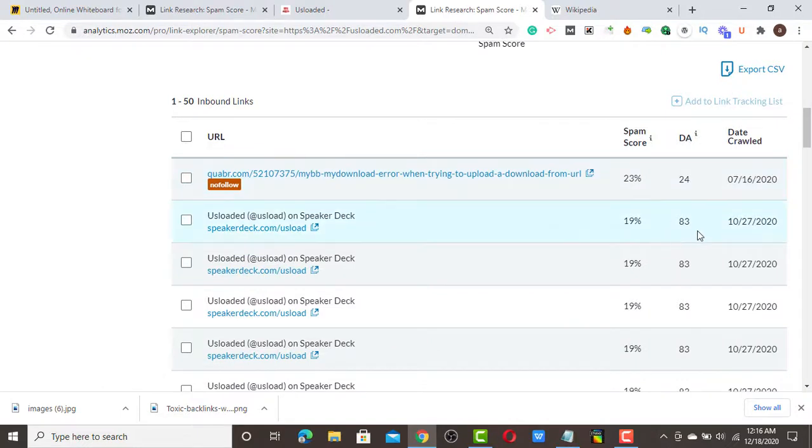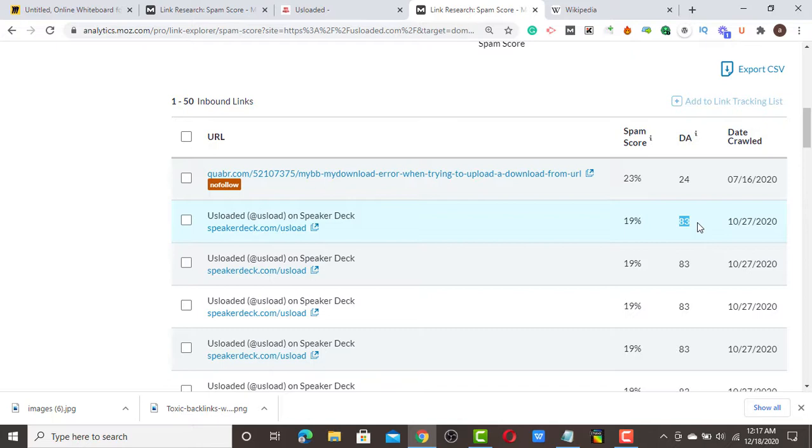Let's say for example this particular link: if you check, the spam score is 19 and the DA is 3. This kind of link is a spam link. This is just for you to differentiate what is spam and what is toxic. Let's check, for example, this one. The spam score is 90 something and the DA is 83. These are quality links, but they have a spam score. They will still pass link juice to your website, so you don't need to consider